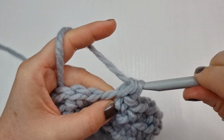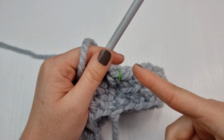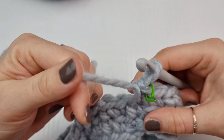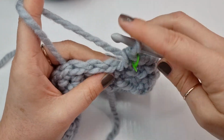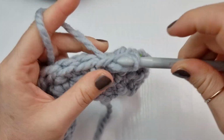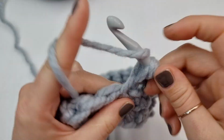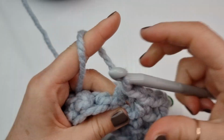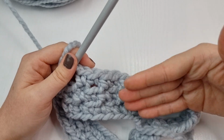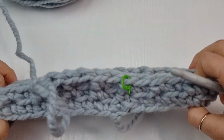and that's how we are going to start every round. You are not slip stitching, you will simply continue. So single crochet front loop and single crochet back loop, front and back, front and back, and so on. Super easy. So you will work like so on your neck warmer for as many rounds